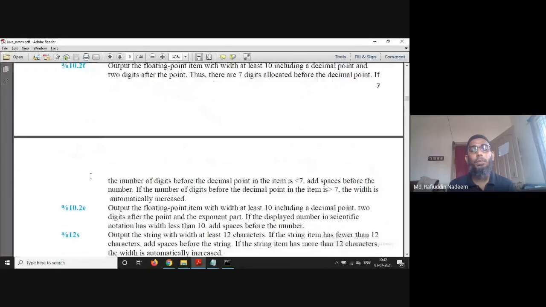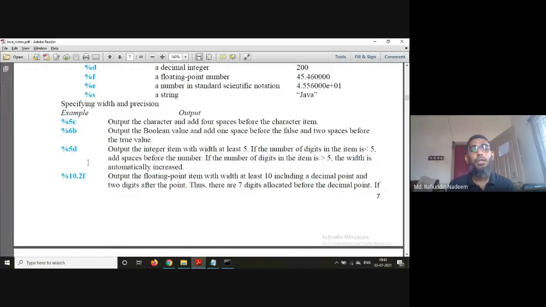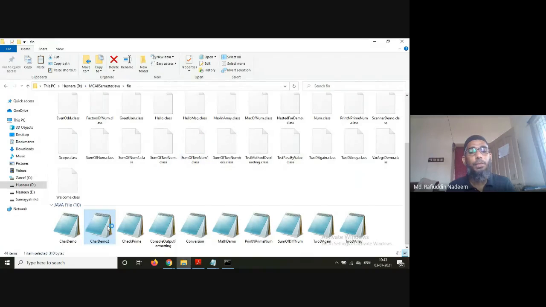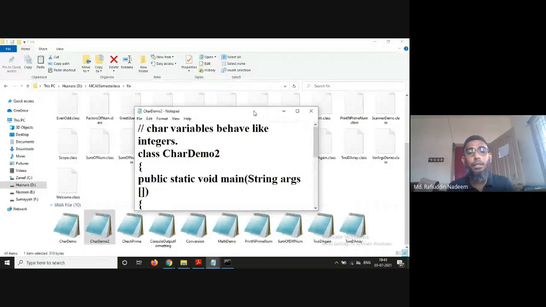Then you can format the output like this also. You have %5c, which outputs the character adding 4 spaces before the character item. Means if you want to print a character with a space before it, you can go for it like this. For example, just now we have seen this.